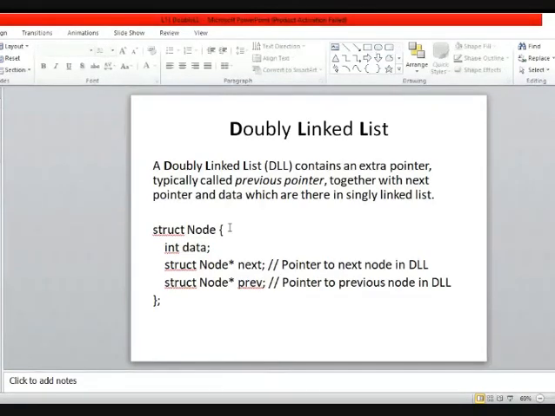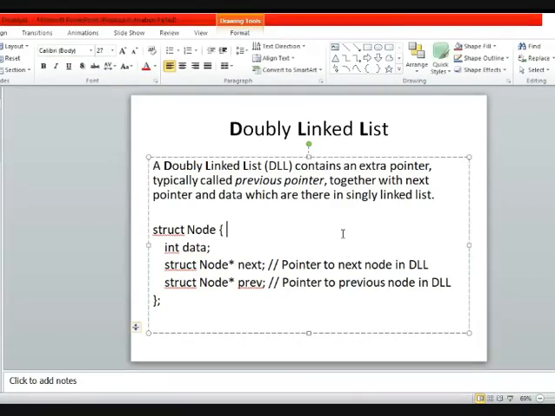doubly linked list. In a doubly linked list, each node has an extra address, meaning each node has the address of its previous as well as next node, so that we can traverse in both directions, forward as well as backward. So in a doubly linked list we store the address of the previous node also. In a single node, we are storing the address of the previous node and the next node. Both nodes' addresses we are storing here.